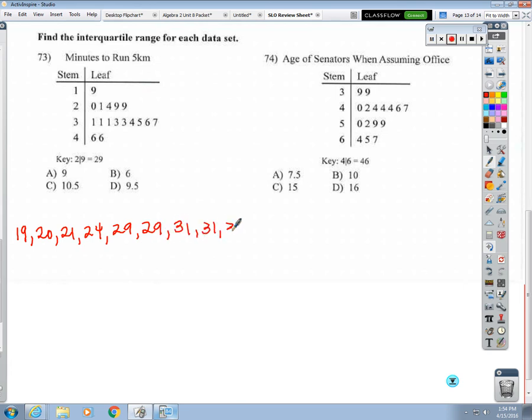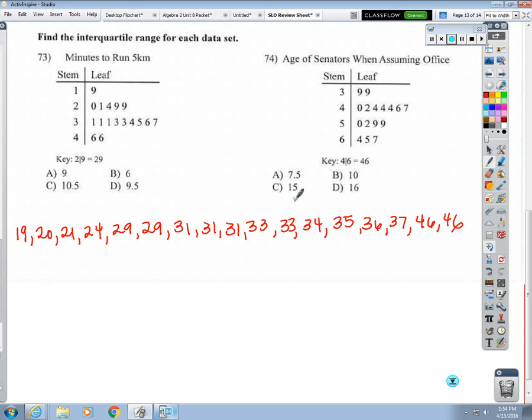31, 31, 31. 33. You don't multiply them. 33, 34. Shh, guys, stay quiet, please. 36, 37, 46, 46. Now,